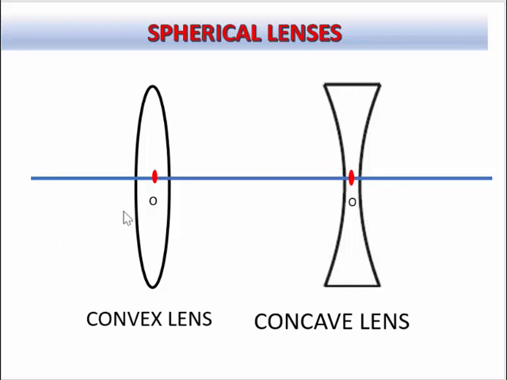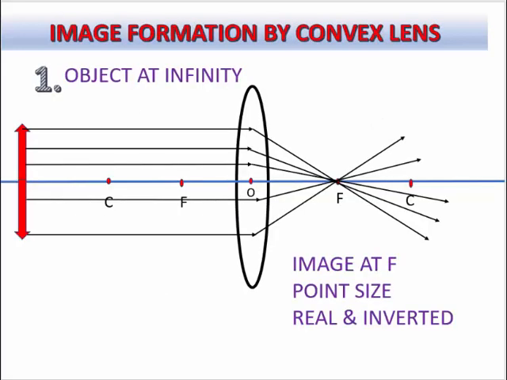Now the parts of the concave and convex lens are also very similar to the mirrors. In the case of lenses, we have the center part which is known as the optical center. So this O which I have designated here is the center of the lens, which is called the optical center. So in both the cases we have the optical centers. Now in case of mirrors, this part was known as pole, but here we will call it the optical center. Like in the mirrors, we had a focus and a center of curvature. Here also we will have a focus as well as a center of curvature on both sides of convex as well as concave lens.